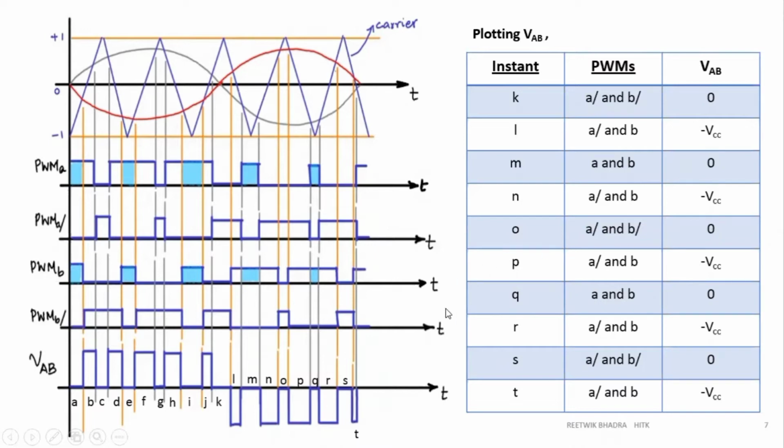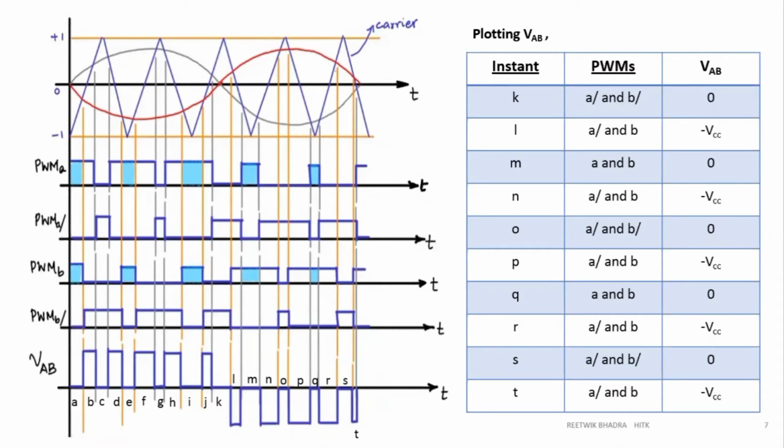So for the next 5, I hope you can determine by using the pulses. Again, take care of how many pulses you have drawn in your copy. Over here, how many pulses are there? 2 pulses per half cycle, 2.5. If you do 4 pulses per half cycle, your intersection points will differ, and these points will also differ. So as you go on increasing the number of pulses per half cycle, the A to T points will go on increasing, and if you decrease the number of pulses per half cycle, they go on decreasing. So this is how we have done the waveform VAB. I hope everybody has understood this.